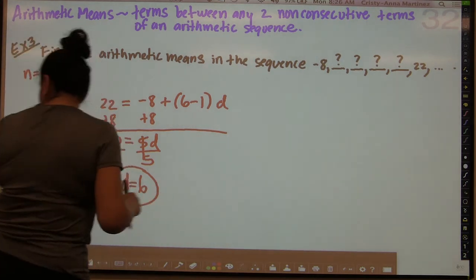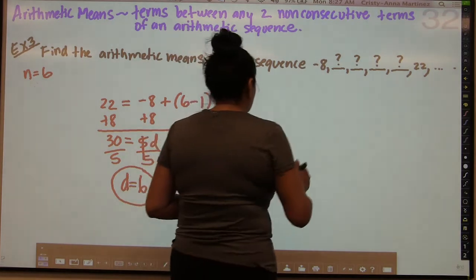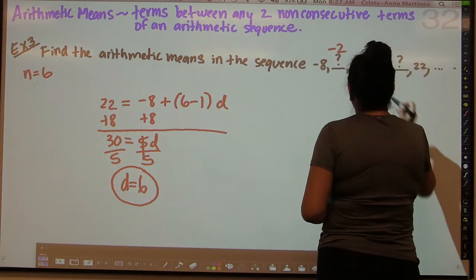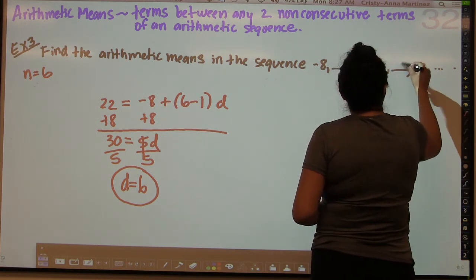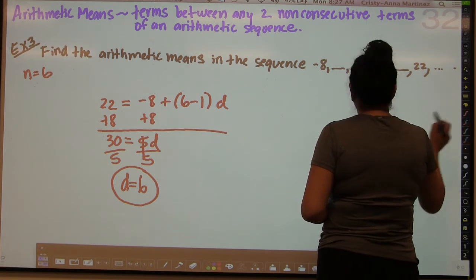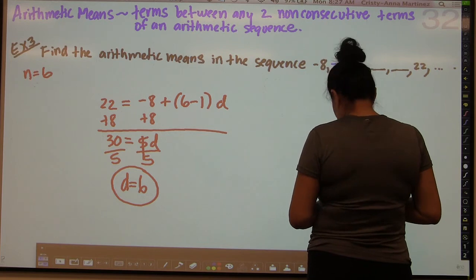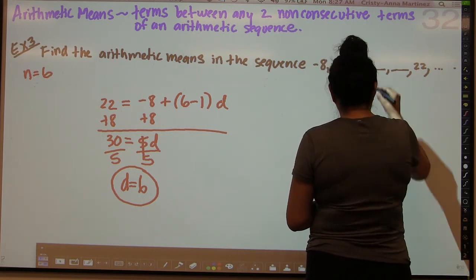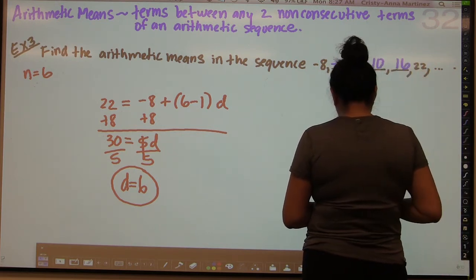So negative 8 plus 6 is going to give you negative 2. So let's come over here, and we're going to fill in these question marks with negative 2, and then we're going to add 6 to that, and we're going to get positive 4, add 6 to that, we're going to get 10, add 6 to that, we're going to get 16,